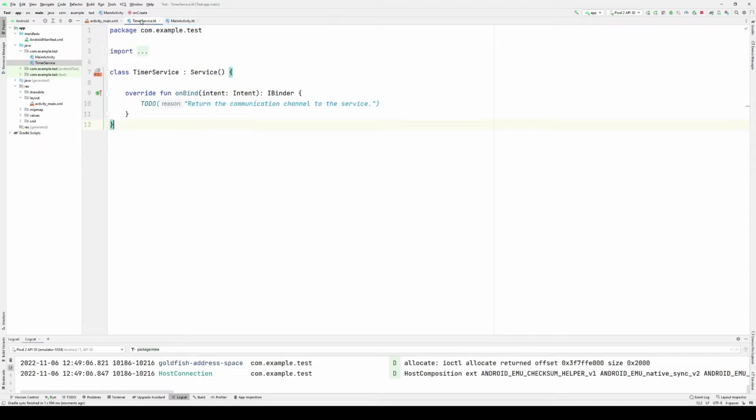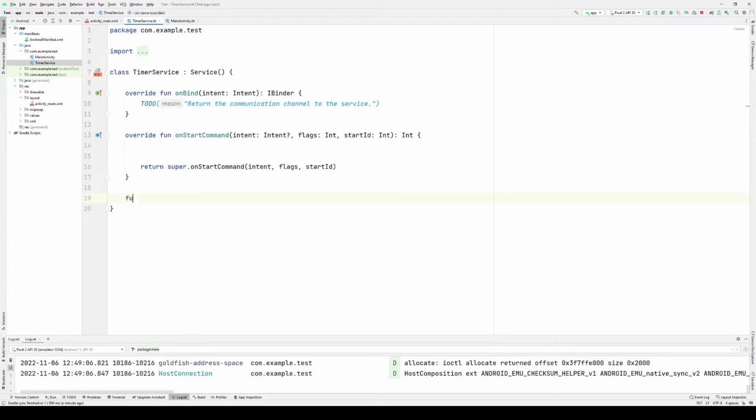And my goal then, I'm going to override onStartCommand. I'm going to return the superclass's implementation of onStartCommand. However, prior to doing that, I am going to have a function runTimer. And the goal of runTimer will be to create a thread, which I will need to,